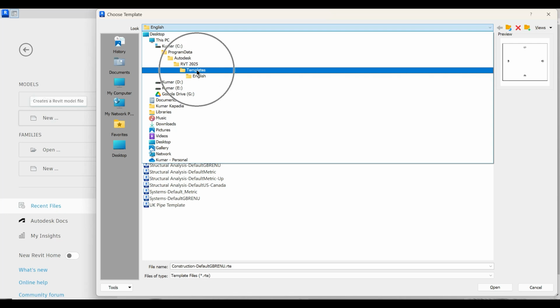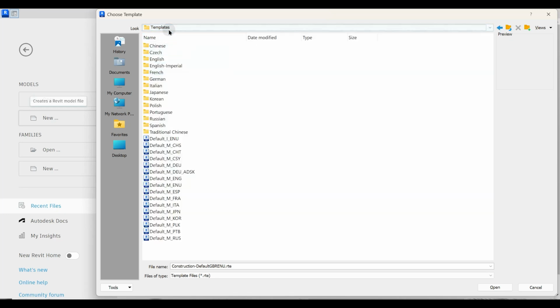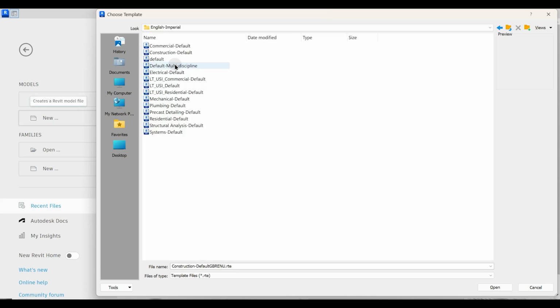We will lead this particular course in imperial system. So if I go to templates, there is a lot here too, Japanese, Italian, German, which we have no use for. All these different template files. But what is of our use is these two folders. English is metric system, and English imperial is imperial system. Under that too, we have lots and lots of template files